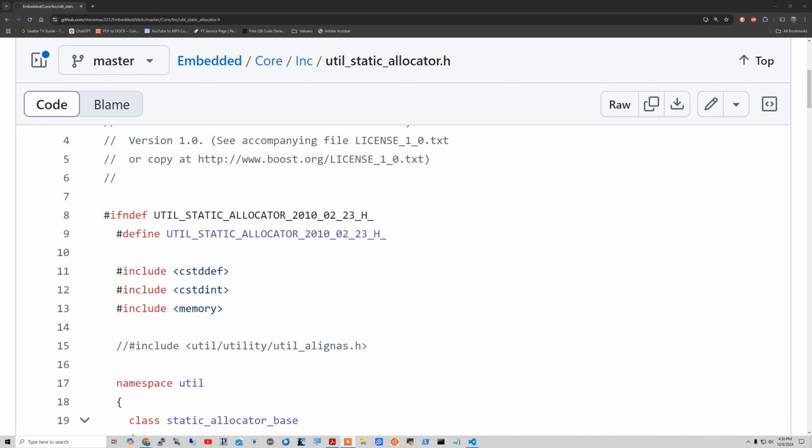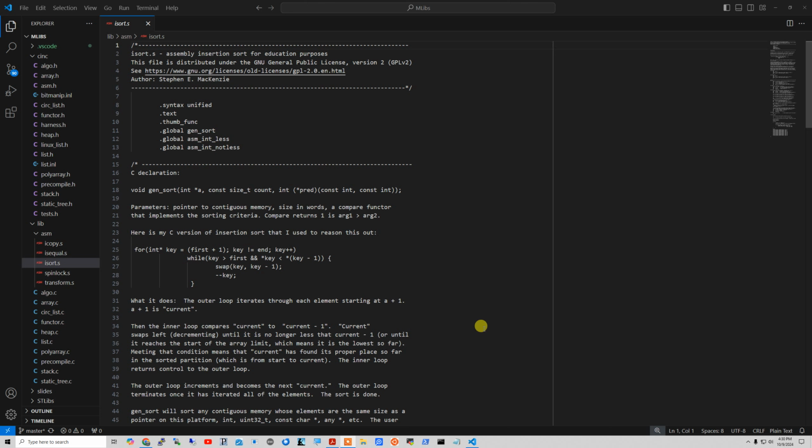I also have an ARM assembly library with some basic things: copy, is equal, spin lock, transform. But the one that is most interesting is the sort. It's not a great sort, it's insertion sort. But if you have some arrays that are mostly sorted, it performs better than quick sort when the data is mostly sorted. Let's say you have 100 arrays you need to sort, and 90% of them are sorted. You're going to do better with insertion sort than with qsort. But mostly it's a